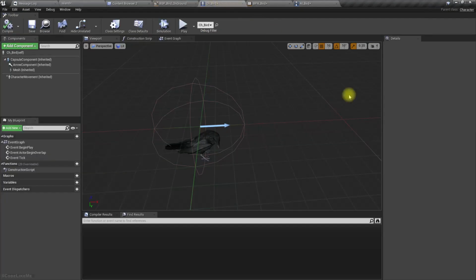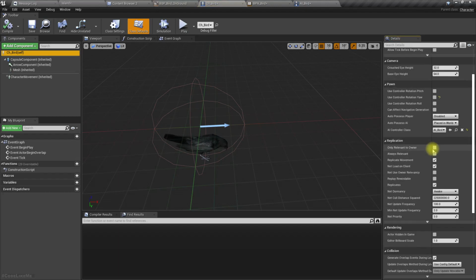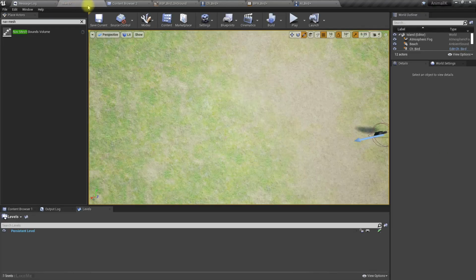Okay, so actually to enable smooth rotation, what I had to do is keep this enabled, and we can keep this as 360, but here under the pawn, use controller rotation yaw to false.